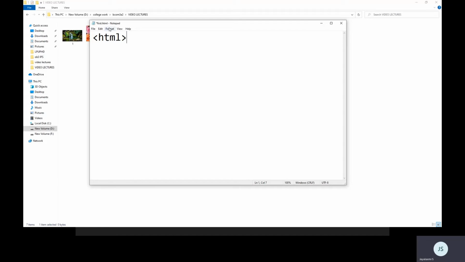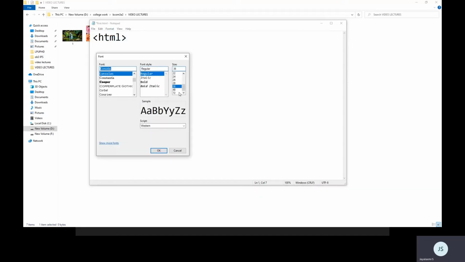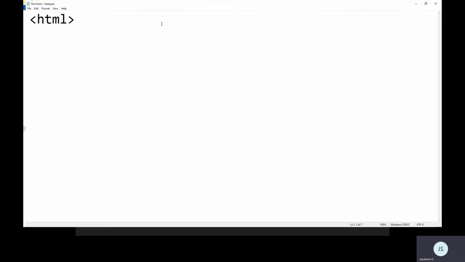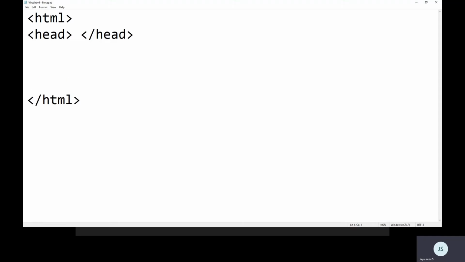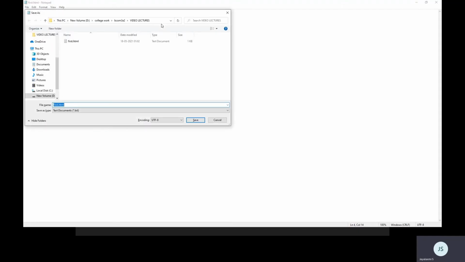HTML starts with the HTML tag and ends with the closing HTML tag, as discussed just now. So this is my HTML start. In between we have two sections: a header starting and header closing, where this indicates the closing tag, and the body starting and body closing. Save the document. I go with Save As because it was stored as a text file, so I resave it with double quotation marks. Once I put the double quotation marks, it becomes an HTML document.